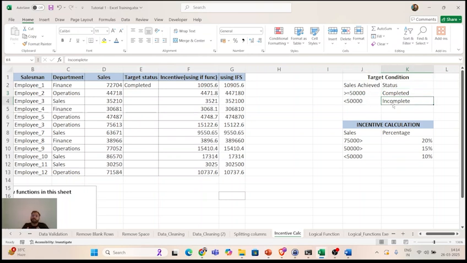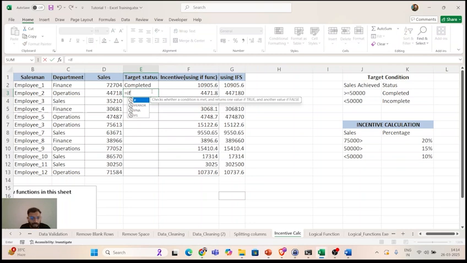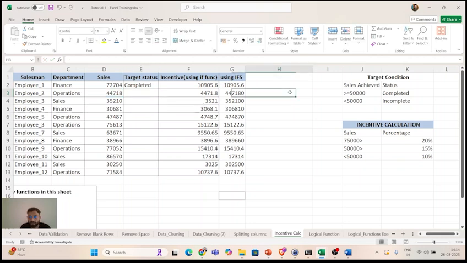So whenever we have a conditional situation, we use the IF statement. How do I do that? Let's write a function. Equal to IF, tab. Then the logical test. What is the logical test, guys? If this is greater than or equal to, let's say, 50,000. Okay, let me show you something else.